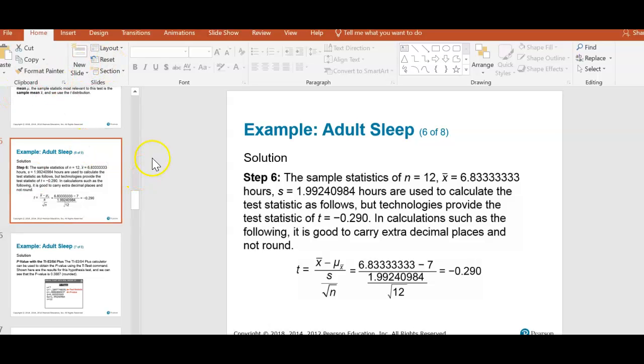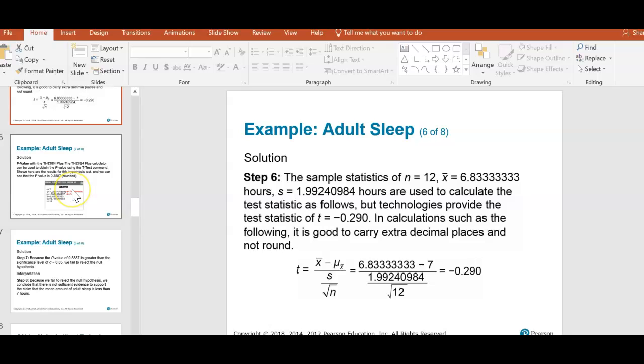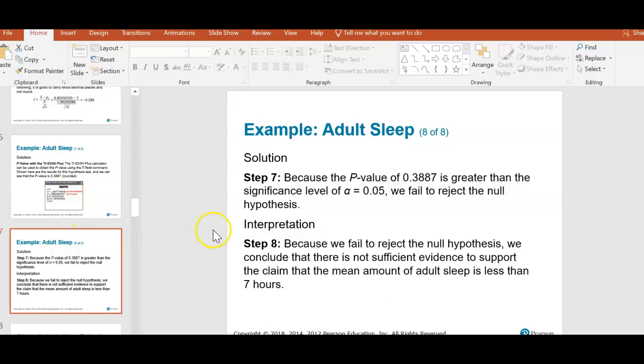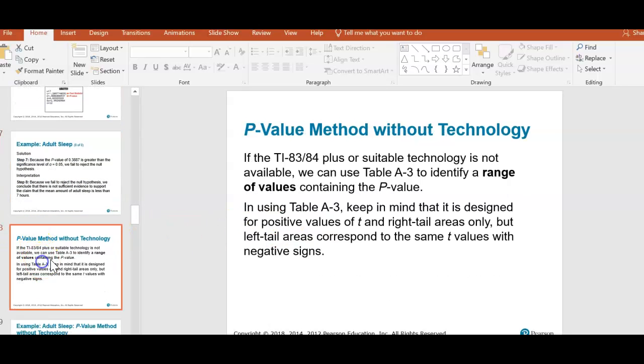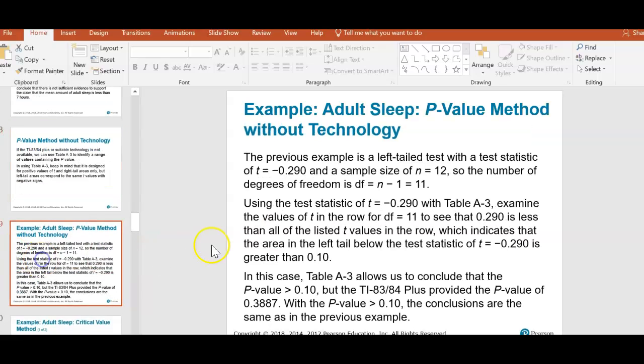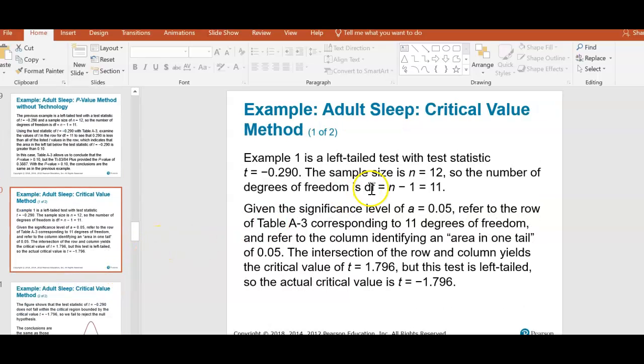So you would go in there and look for the one that came closest to putting 0.05 in the left side tail and compare to that. It looks like they actually went and looked at that table and found that the value that you're looking for